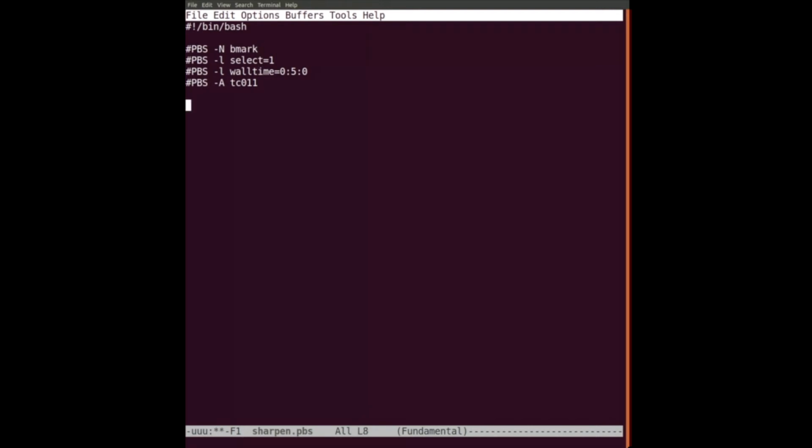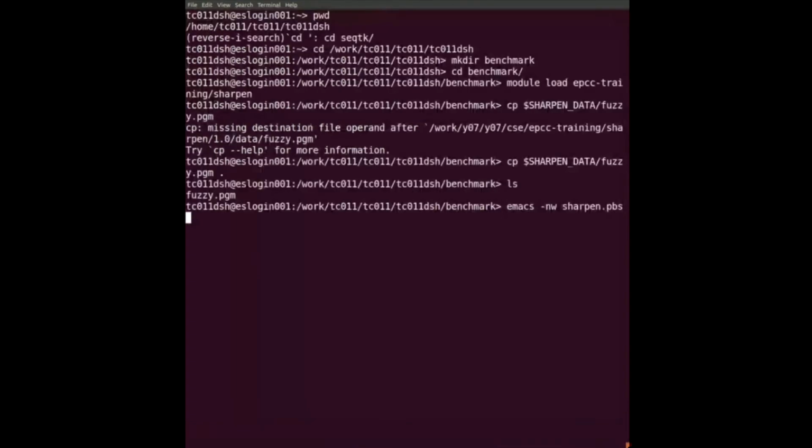And then we have to do a number of things. We have to go to the right place. We want to load the module because we have to load it in the script. And now I just want to run, by default, on one process, aprun -n 1 ./sharpen. It's not ./Sharpen, it's sharpen. Now we have already seen this, but let's just see if I can do this from scratch. qsub